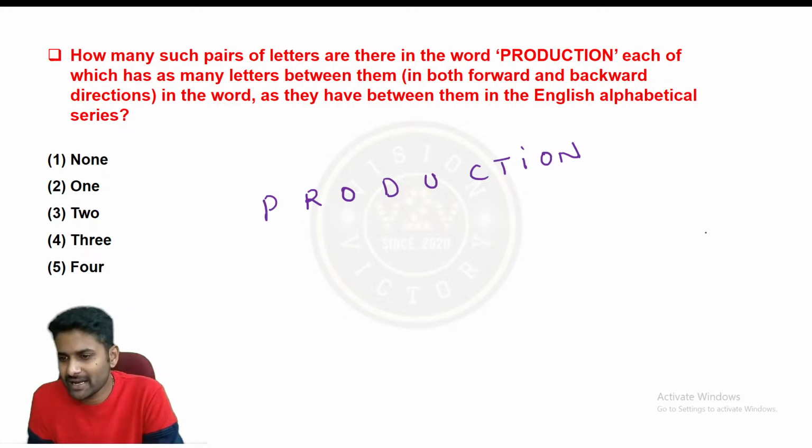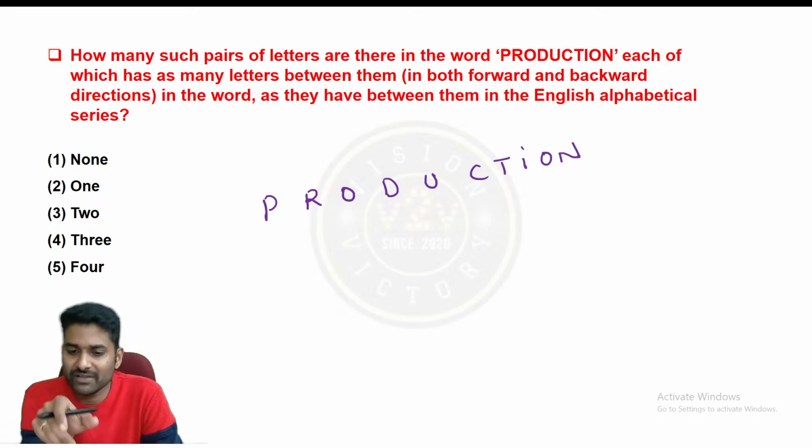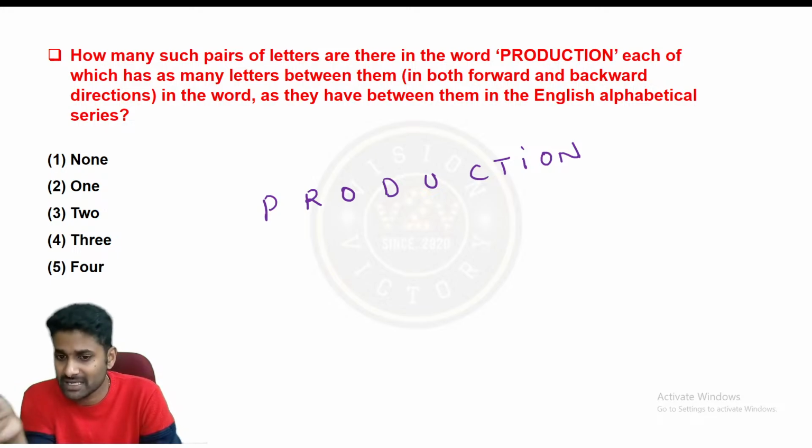Between P and R, there is one letter in the English alphabet. But if there is no letter between P and R in the given word, never consider it as a pair. So remember that if the number of letters between the two letters in the given word is exactly equal to the number of letters between them in the English alphabet,